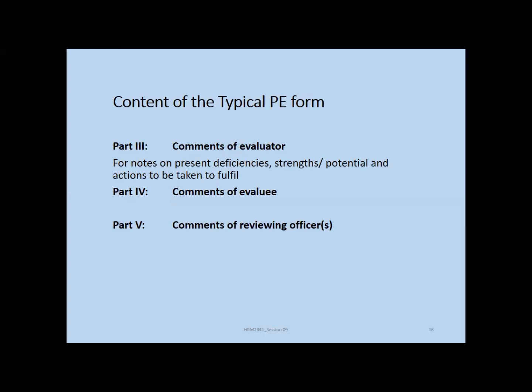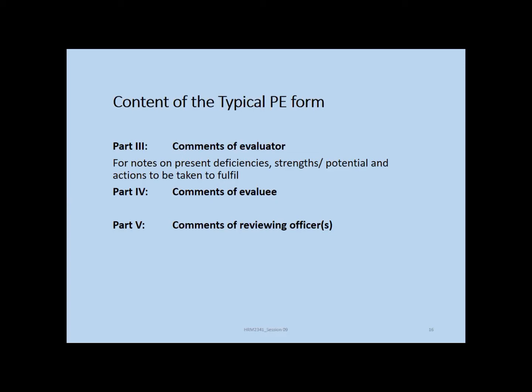As per our previous recommendation, there should be a separate segment or section to include comments of the evaluee after conducting the performance review or performance feedback interview. Before that, comments of the evaluator, sometimes overall comments of the evaluator on the evaluation,